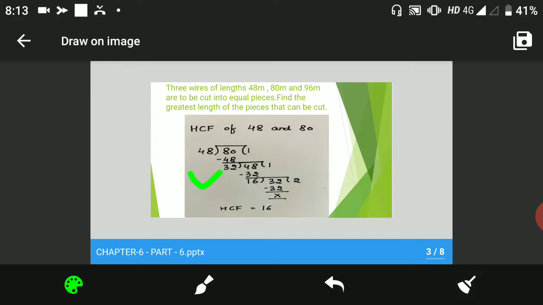Now this 48 will come inside. Now 32 ones are 32. So 32 will come here. Now we subtract 32 from 48 and I will get 16. Now this 32 will become the new dividend. It will come inside. Now 16 twos are 32. So 2 I will write here as a quotient and 32 I will write down below 32, and then I will subtract them. When I subtract them, I get 0. Students, always keep one thing in mind: the last divisor is the HCF, not the quotient. Clear? So here the HCF is 16.